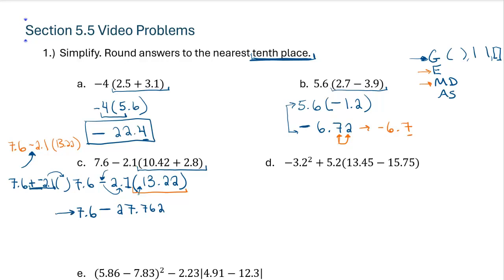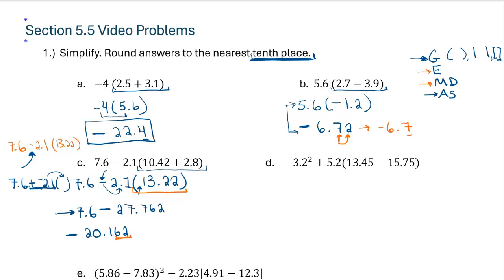At this point, all we have left is our addition and subtraction, which is the last step for order of operations. Looking at this, I have more negatives than I do positives, so I already know my answer is going to be negative. So I am going to do my 7 6/10 minus 27 762 thousandths. Okay, so that gives me negative 20 and 162 thousandths. That is not my final answer